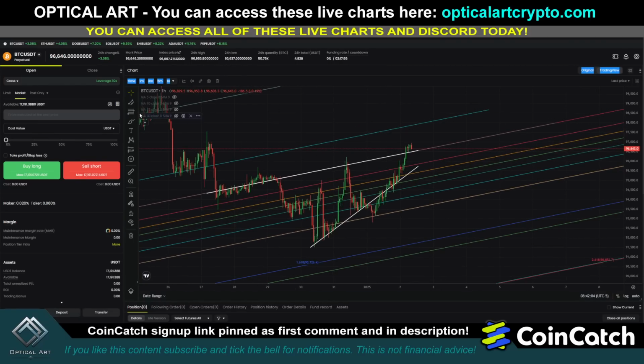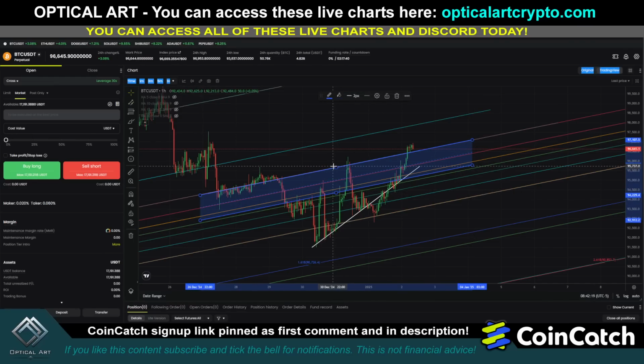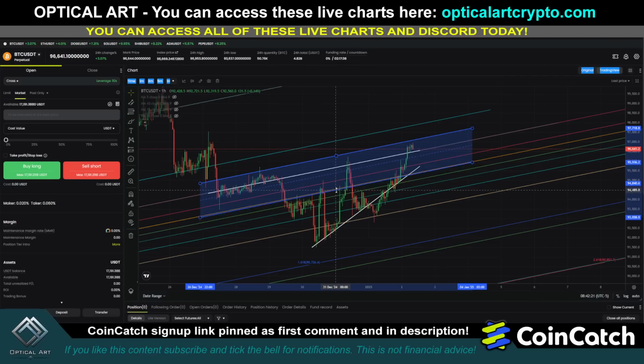Just want to show you how I did this. So when you create a parallel channel, and this is the second tool down, notice if I just draw over this point, now this is the direction price is moving. You start right here. So what I do is as I pull it up, and I try to